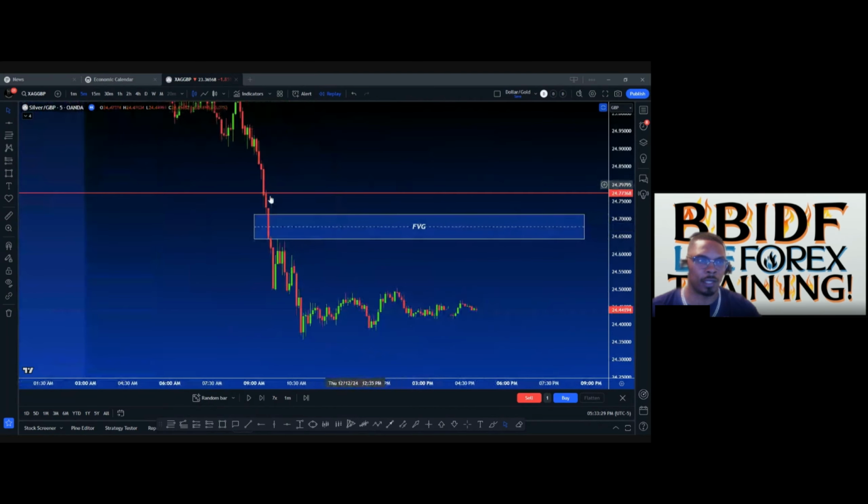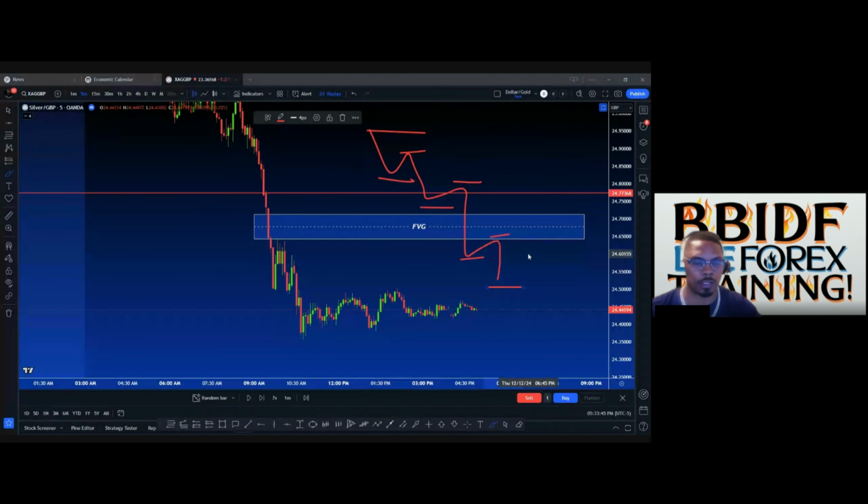All right. And quite frankly, in a downtrend, guys, market structure looks like this. You have a high, you have a low, you have a lower high, lower low, lower high, lower low, lower high, lower low. You guys will learn that language. I'll slow it down in a little bit when we get there, but that's the downtrend.